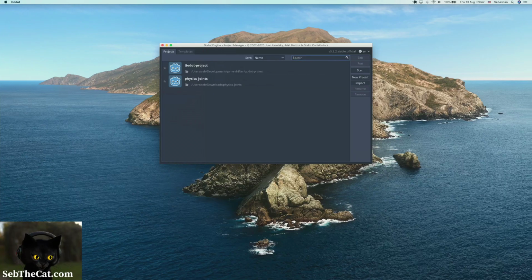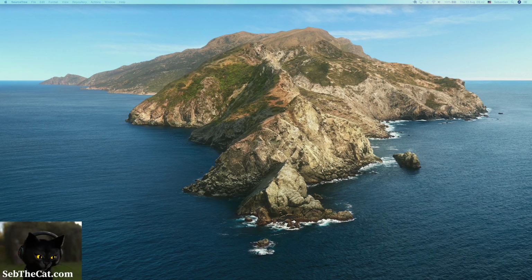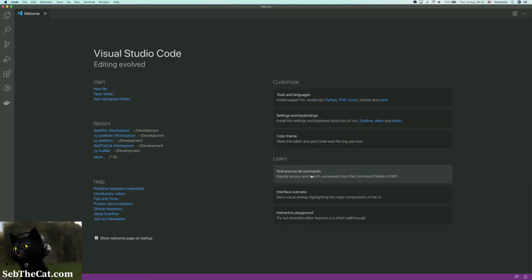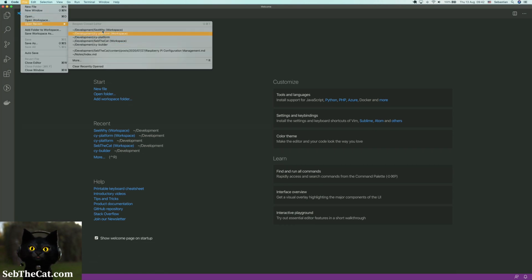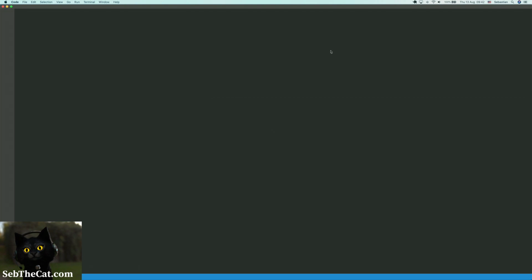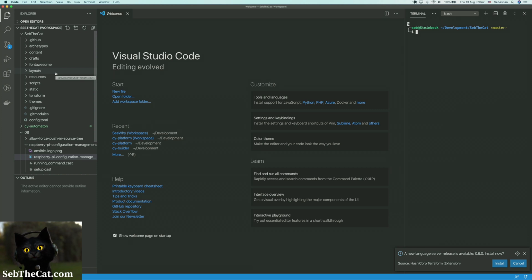So this blog is built using a tool called Hugo. Hugo is a little bit like Jekyll. There are a couple of other static site generators, but they all do pretty much the same thing. So we have a workspace set up for our blog. Our blog is essentially a static site that we build using a command line tool. So it just builds out the HTML and all that, right? And then